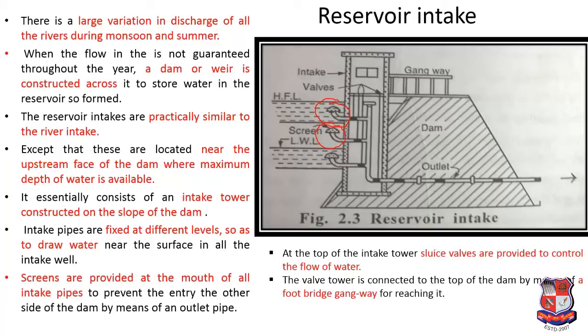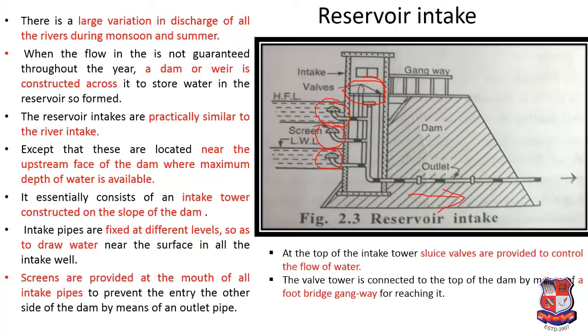So here also you can show this tower inside the dam, with three portholes provided with the bell mouth entry. This kind of entry, called the bell mouth entry, is provided at three levels in this figure: high flood level, normal water level, and low water level. This is provided with a screen just to avoid the entry of large floating impurities. All these portholes and entries are connected with valves provided at the top, which then transfer water to the outlet pipe.